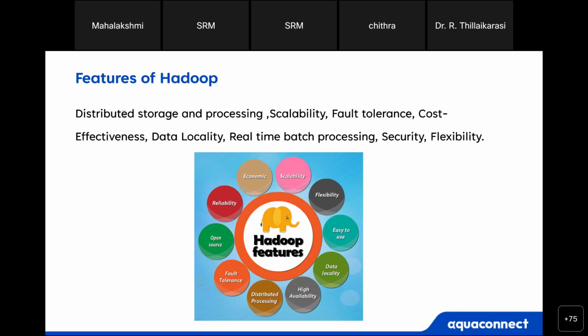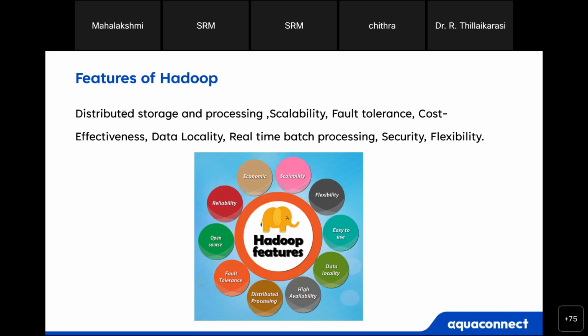Scalability. Scalability means the ability of handling the increased amount of data and workload without compromising its performance. Performance compromising does not happen in the Hadoop ecosystem. That's why it is very scalable. Fault tolerance. It is the ability of the system to recover from any kind of failures or errors without any loss of data. Data may not get lost in Hadoop, since the Hadoop and HDFS architecture is designed like that.